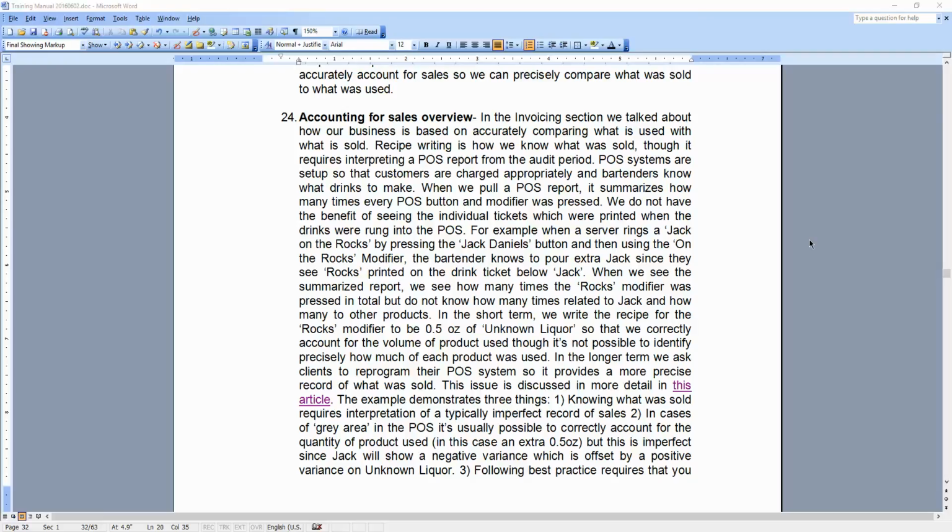Chapter 24, Accounting for Sales Overview. So again, here we're just looking from a high level and trying to conceptually understand the role that bar iron and the role that extracting sales from a point of sale report plays, and understanding how important it is. In later chapters we're going to get into more detail about specifically how we do this, but for now